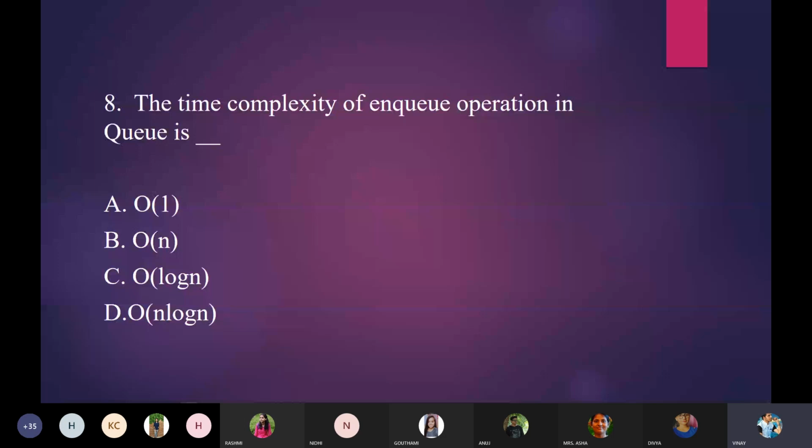Then the answer is A, O of 1. In the queue, the insertion is performed at the rear end, which is directly accessible. Therefore, it takes O of 1 time to insert an element in a queue. Because the element is inserted at the rear end of the queue, it takes O of 1 as the time complexity.